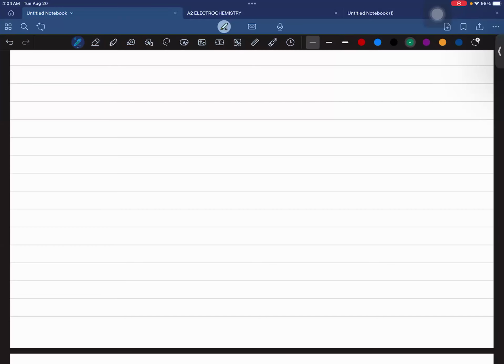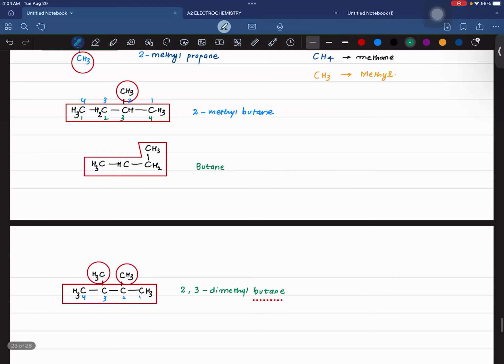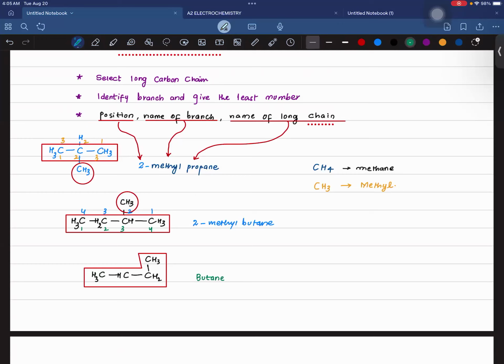Okay, so we have discussed isomerism and also the naming, how to name different hydrocarbons. These were examples that we have done. This was 2-methylpropane. This is 2-methylbutane. And then I told you that in the corners there is no branching basically. A branch should be on the second carbon or the third carbon. On the first carbon there is no branch. It's part of the long chain, right? So when it's part of the long chain, basically you can say that